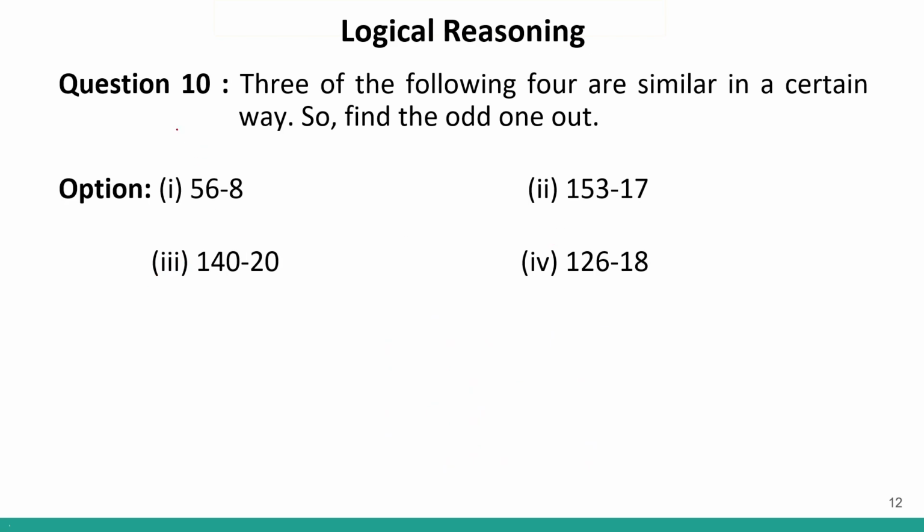Now, question number 10. In question number 10, I can see that 56 and 8, how are they related? Basically, 8 7 times will give me 56. If I look at 20 and 140, I can say that 20 7 times will give me 140. Correct? If I look over here, 18 7 times will give me what? 8 7s are 56. 5 will be carried. 7 into 1 will be 7 plus 5, 12. So 18 into 7 will give me 126.